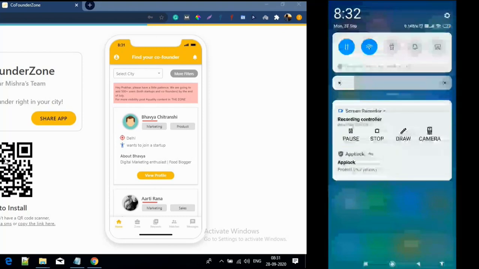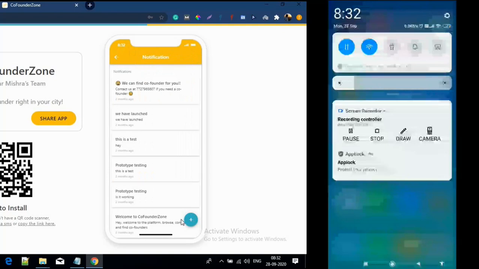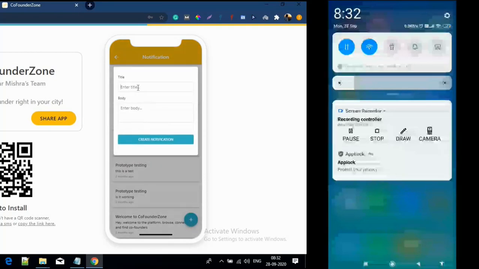Now when I click on the bell icon, the notification icon, I'll be sent to the notification screen. As you can see down here, I have an action button from where I can create the notification. So I'll just click on that. I'll write the title as test and I'll write the body as test notification.